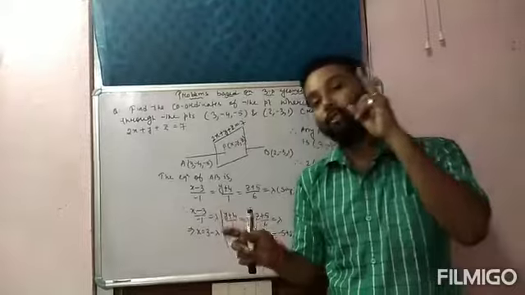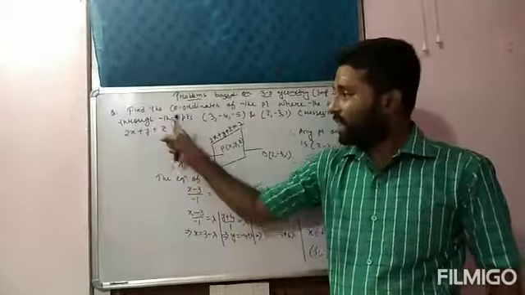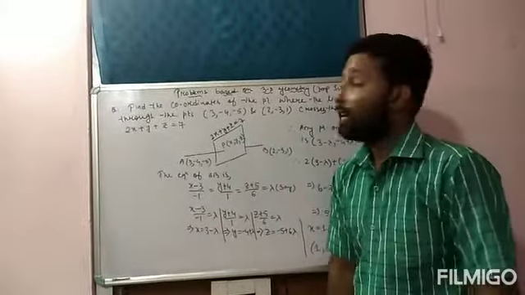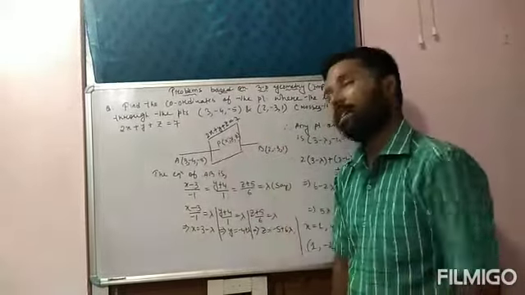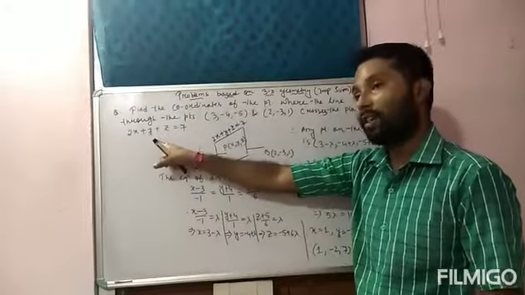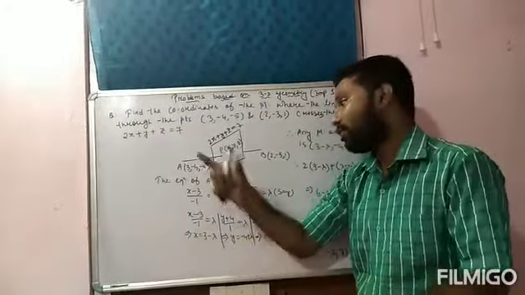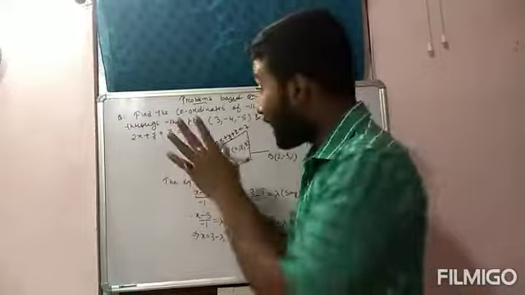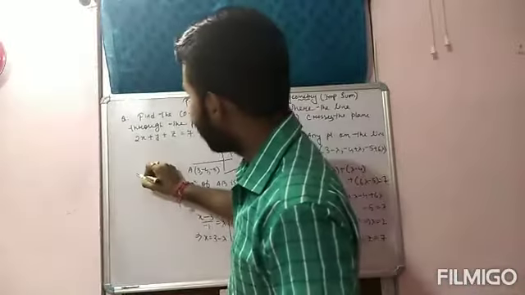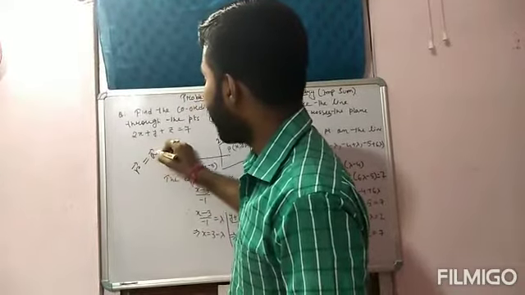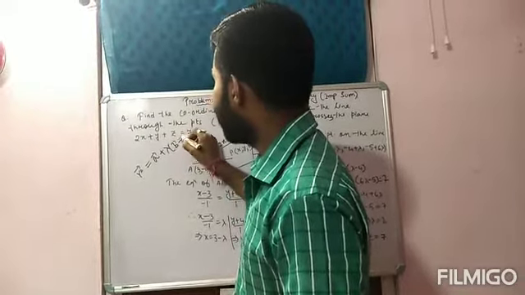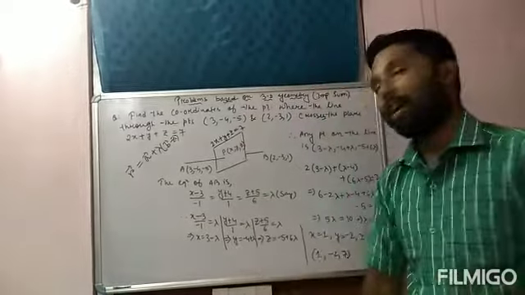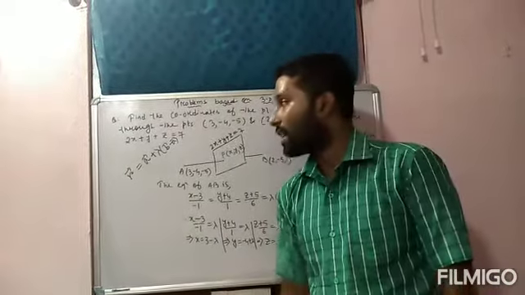Sometimes, look, in the two questions we have solved so far, the equation was given in Cartesian form. Sometimes the equation is given in vector form too. At that time also, the same procedure has to be used. Here the Cartesian equation is given, so no problem. If the vector equation is given, then first we have to find the vector equation of the line AB, passing through 2 points. What is the formula? The equation of a line passing through 2 points in vector form is r equal to a bar plus lambda into b bar minus a bar. Okay, by using this formula we can find the equation of the line AB, and then solve the same way. Some more questions I will discuss now.